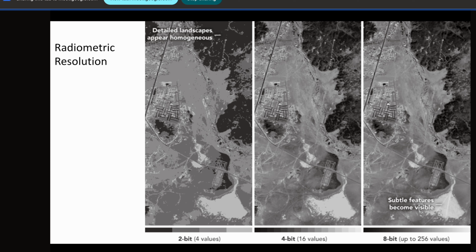Based on that, each intensity of light you can quantify into say 2 bits, 4 bits, or 8 bits. Generally we use 8 bit, 256. But in satellites we have to use more, as the need arises. 12 bits, even 16 bits, people are using now.